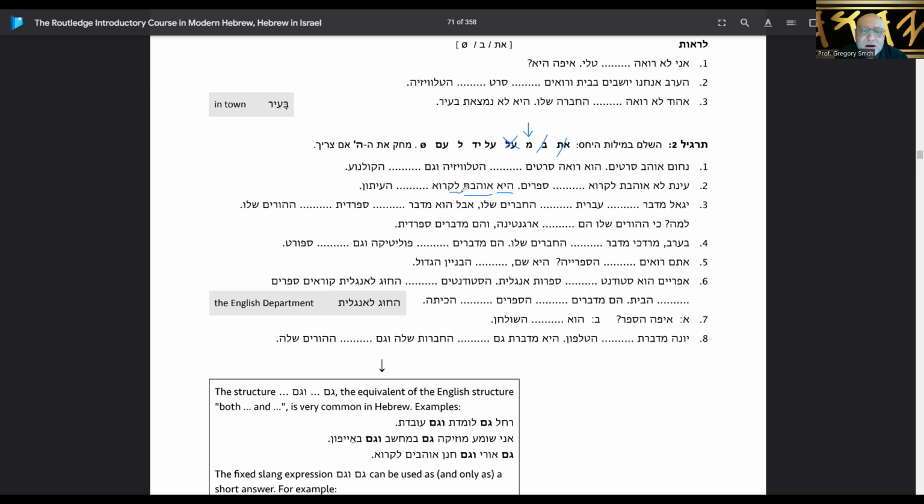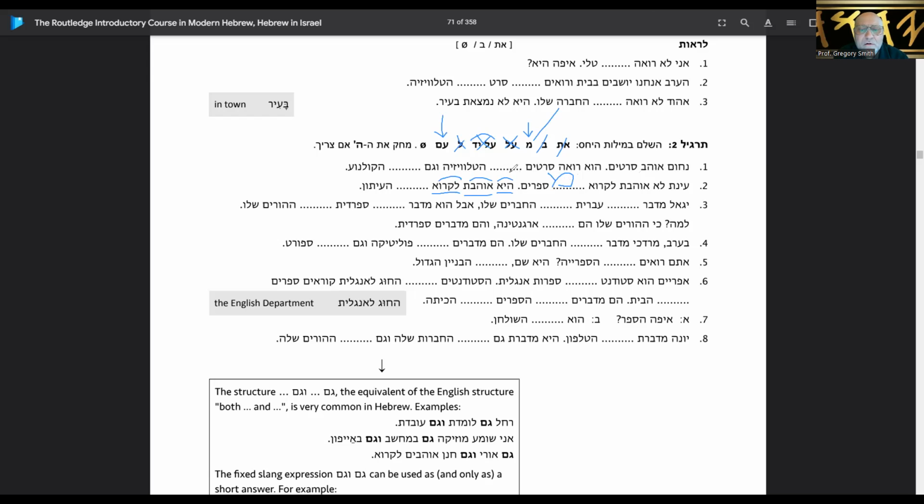Hi ohevet likro, to read, blank ha'iton. So okay, she doesn't like to read. Now I wonder if it's going to be im sfarim, so it's like with books. She doesn't like to read with books. Because I don't think the al yad is going to work there. And this lamed is 2 or 4. No. Now it could be this mi-sfarim, from books. I'm going to try that and just see if I get that right. Okay, so Einat lo ohevet likro mi-sfarim. Okay, does not like to read from books.